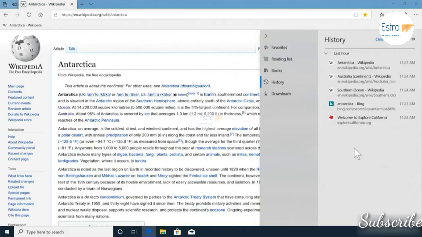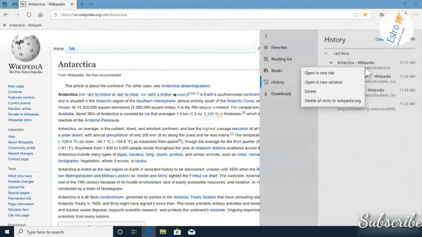First, you could remove one individual listing. Just point at it here on the list. You'll see an X will appear. You can click on that X and it removes that item from your history. Or if you want to remove all pages from a specific site, you can do that. I visited 3 pages at the Wikipedia site. If I right click on one of them, I can choose delete all visits to Wikipedia, and all of those